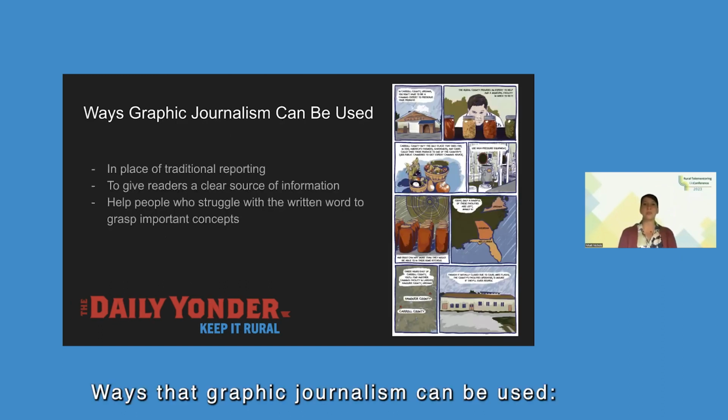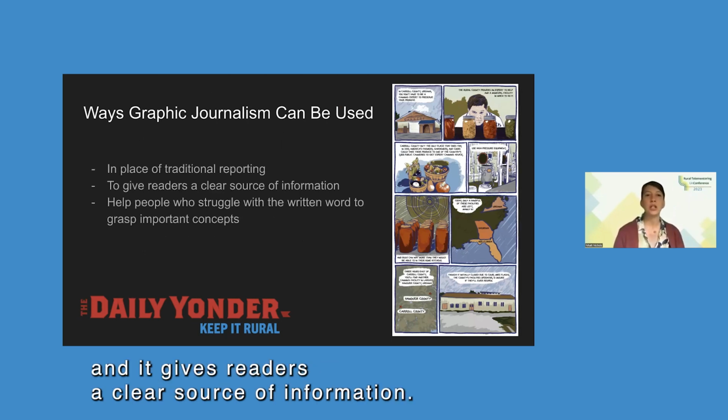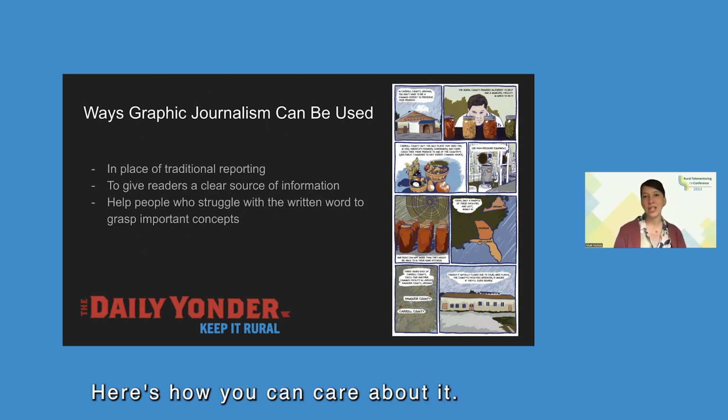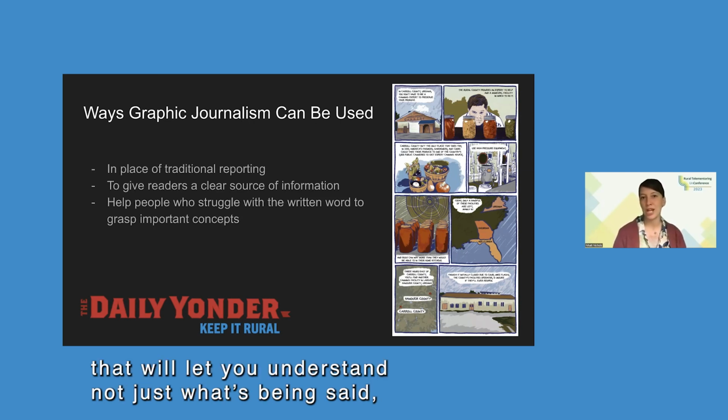Ways that graphic journalism can be used. It can be used in place of traditional reporting, and it gives readers a clear source of information. So being able to say, hey, here's all the story, but also with images, be able to say, here's why it's important. Here's how you can care about it. Here's some emotive qualities through images that will let you understand not just what's being said, but